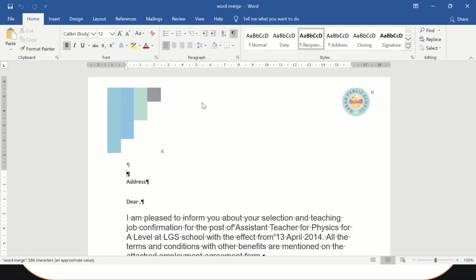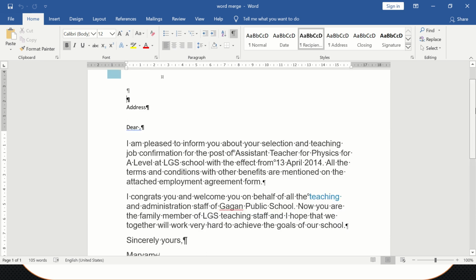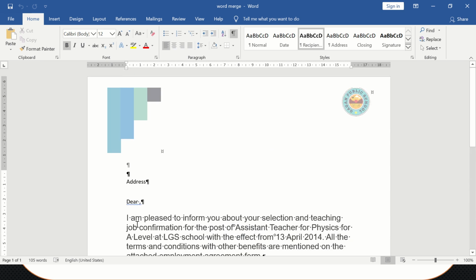It's getting open. So this is the document that I have created for the mail merging.